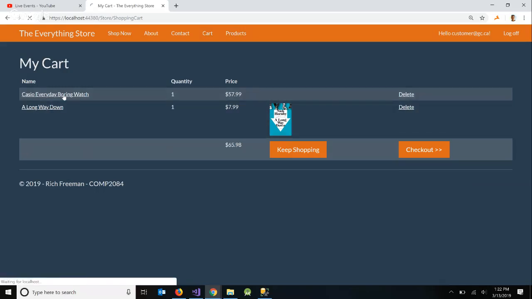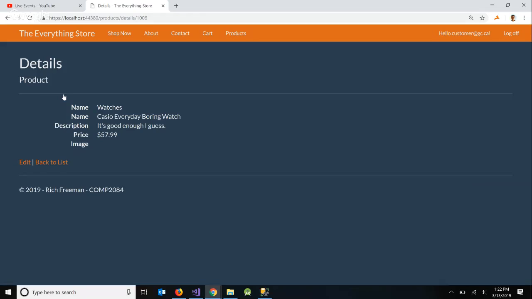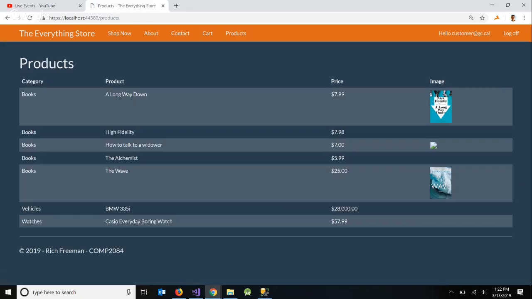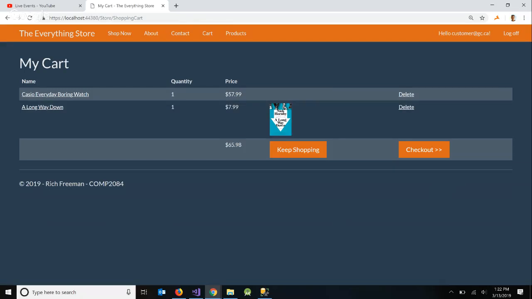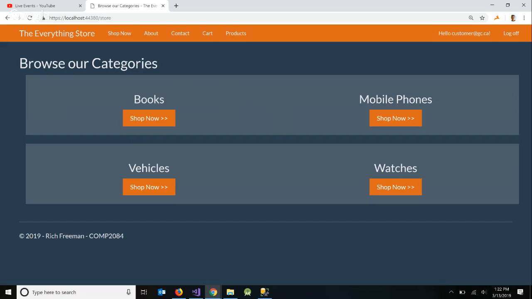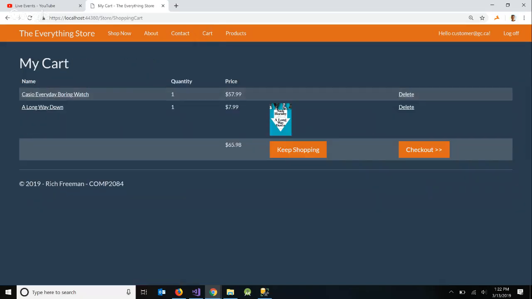So now I can click. We'd probably remove the edit. I won't worry about that for now. So if I click keep shopping, it just takes me back to the main store page, so I can again go through, pick a category, pick a product, add to cart. If I click checkout,